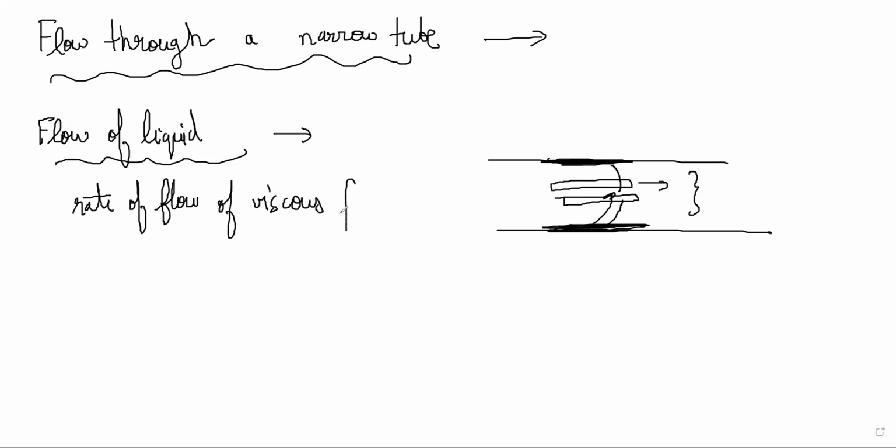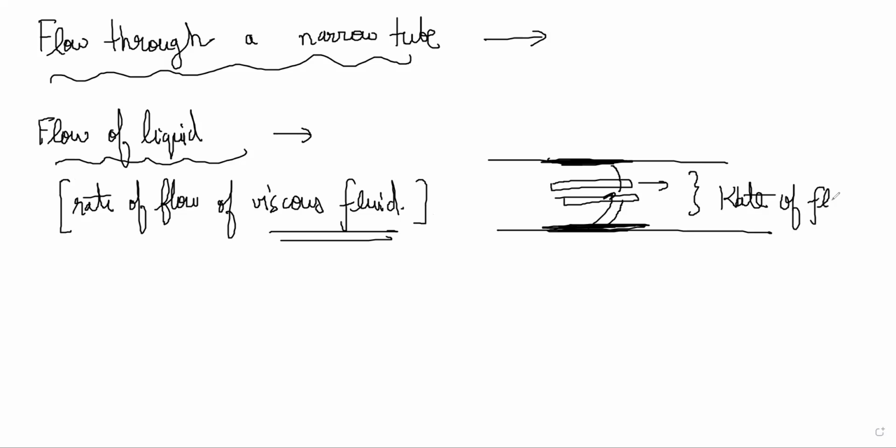It's important to realize this is the rate of flow of viscous fluid through a tube. So Poiseuille is not ignoring the viscosity here. Earlier, when we were doing the equation of continuity, we were ignoring viscosity. We just did A1V1 is equal to A2V2 and Bernoulli's theorem. But now you are taking into account the fluid friction. So how much is the rate of fluid flow here? That is what we are going to find out when it is a viscous fluid.